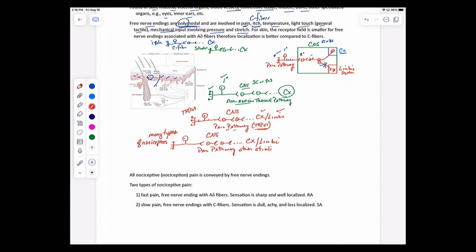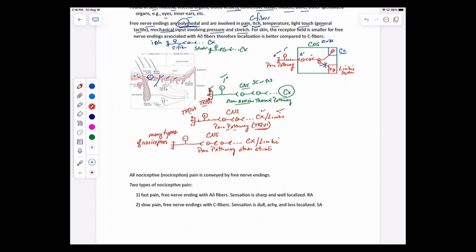My point, though, is that just for an example, suppose you had TRPV1 receptors up here, okay, sitting here, but they're associated with a free nerve ending that is in the non-noxious thermal pathway. Well, if we're talking TRPV1, we're talking warm. So that's going to give me the subjective experience of being warm once the signal reaches the higher cortical regions. So in this case, the TRPV1 is just functioning as your thermal receptor.